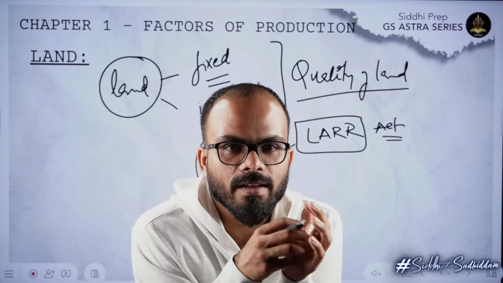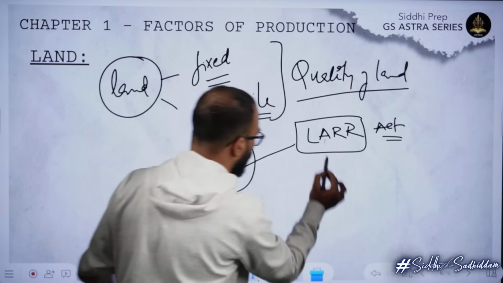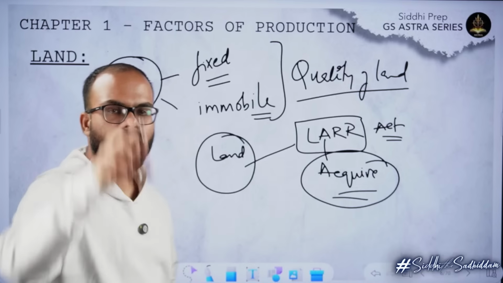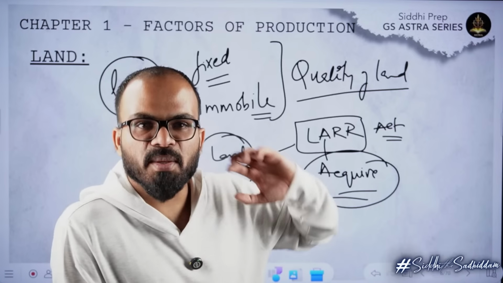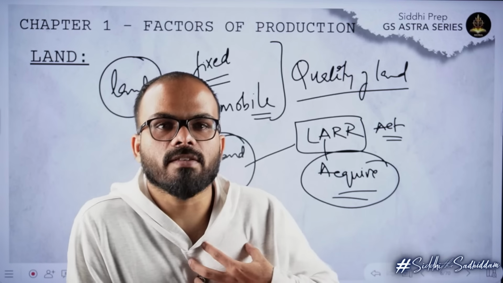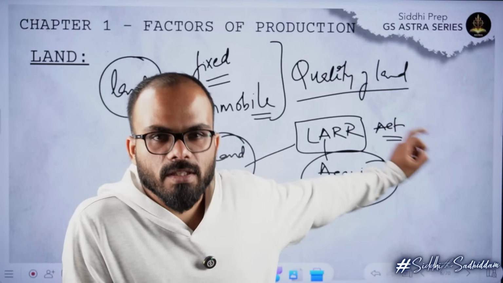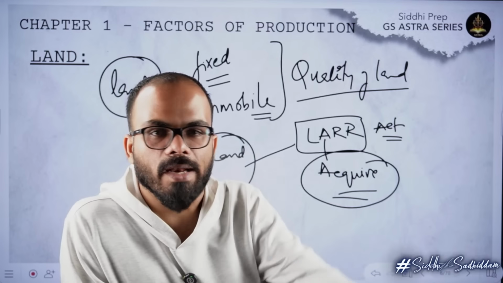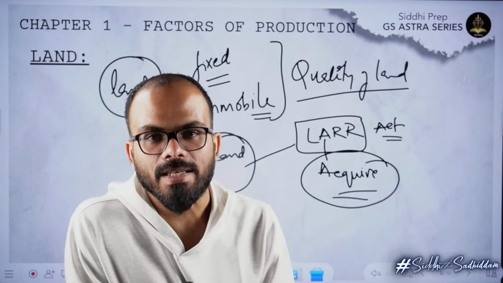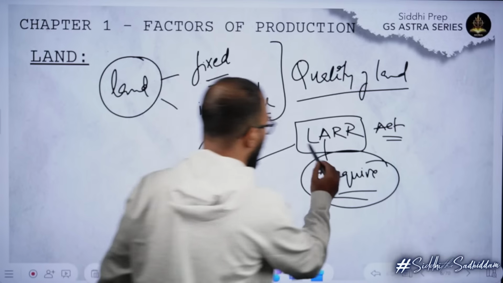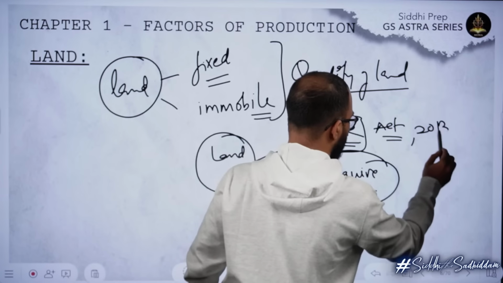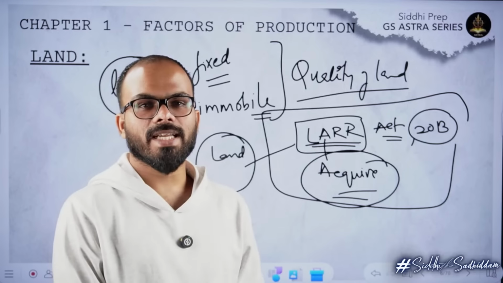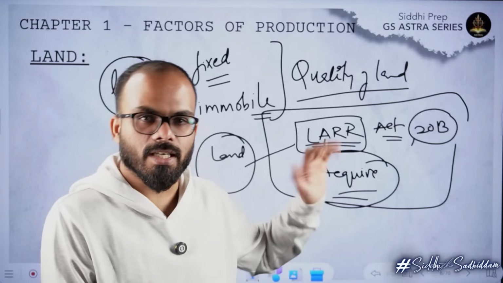So you need land. When you need land, you have to acquire land from people. You have to take land from local people. You need to take it by giving them money properly, and you need to ensure that their value associated with the land is respected. So in India, we have an act which determines how land is allocated for any kind of economic activity. That act is called the LARR Act. This was introduced in 2013. This can be asked in the exams. Land Acquisition, Rehabilitation and Resettlement Act of 2013. We will study about it now itself.